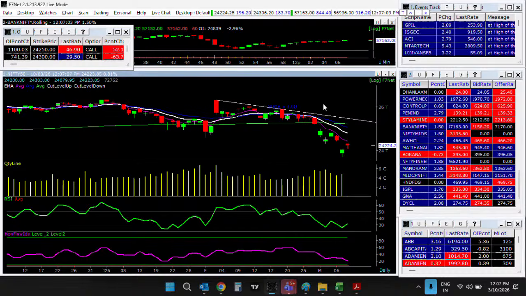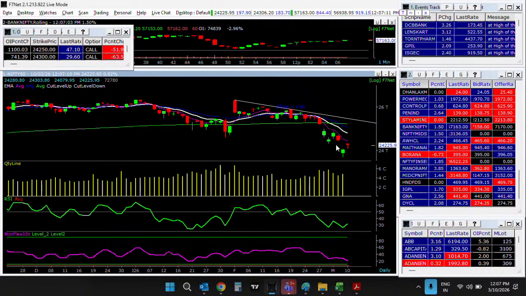Even after today's recovery, Nifty is placed below its 5-day EMA. 5-day EMA is placed around 24,400. Even yesterday Nifty opened with the gap. That gap resistance comes to around 24,450. So as of now primary trend still remains weak because 5-day EMA is the first basic indicator above which you can say that at least short-term trend has turned bullish. But as of now Nifty is still trading below that. That 5-day EMA comes to around 24,400.